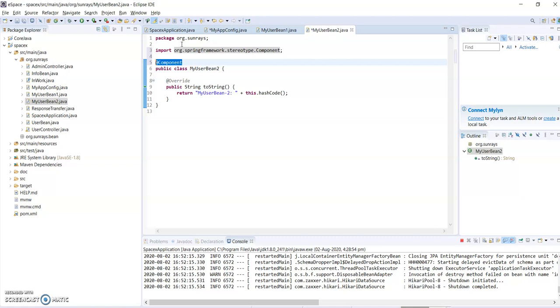So when classpath scanning is happening, the classes configured as component will be auto-detected, and an instance will be created in the Spring context.